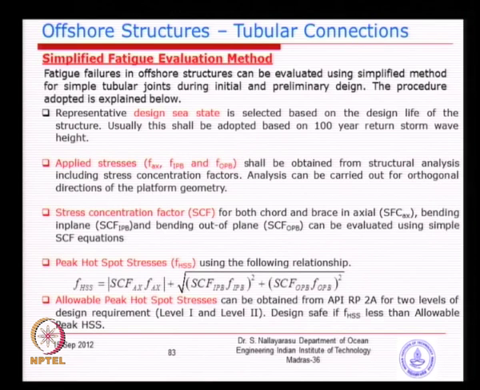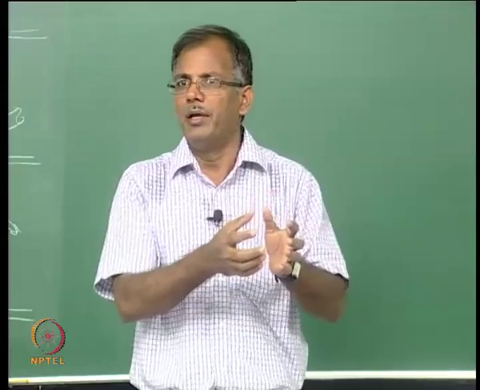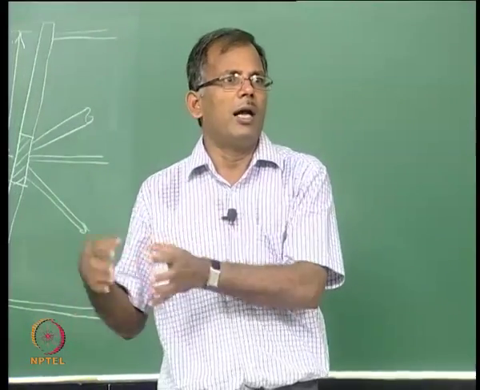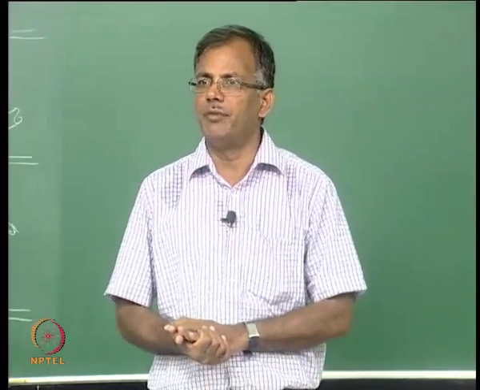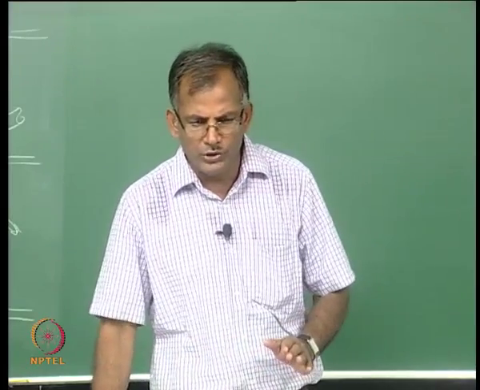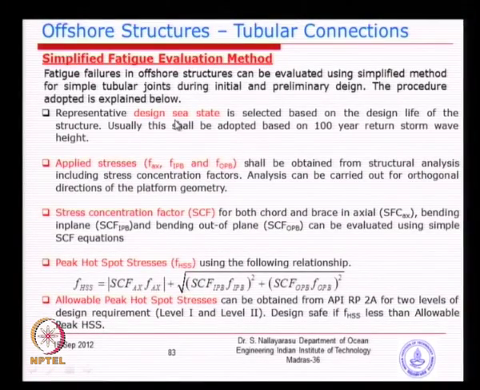Once you have this, this is the applied stress due to a representative sea state which represents the fatigue waves during the lifetime. It could be 20 years, 30 years, 50 years, and then you compare this with an allowable hotspot stress, very similar to what we do for a static design. What we did there is applied axial load, applied bending moment, and then we had an allowable axial load and allowable bending moment, and as long as the allowable is higher we decided that the joint is safe against static load. So, the catch in the whole procedure is the first one, which is the design representative sea state, and the last one, how do we get the allowable hotspot stress.